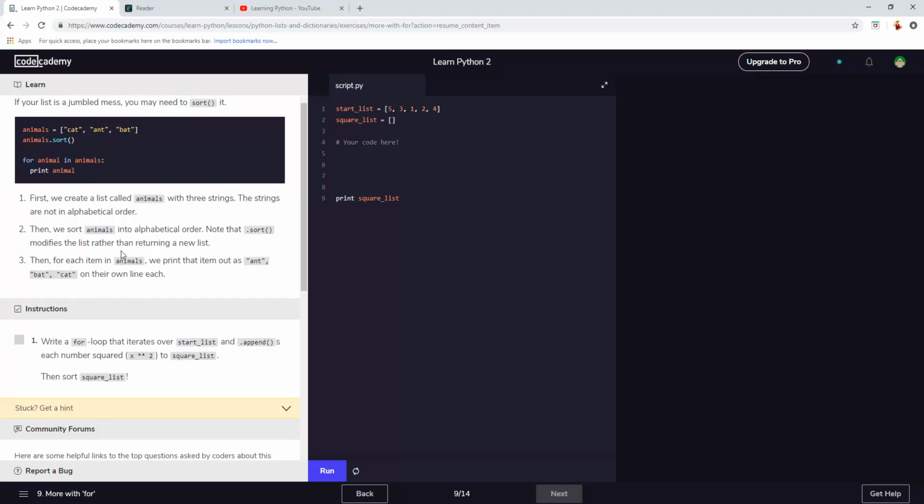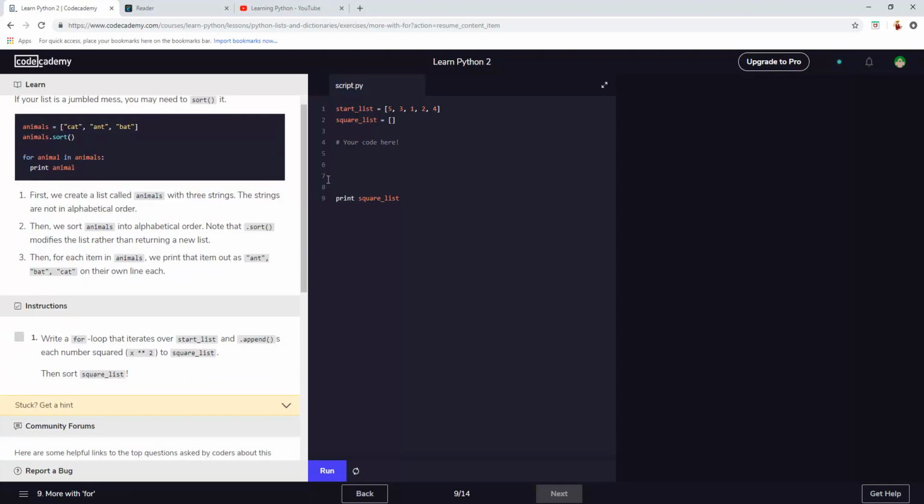Write a for loop that iterates over start. So what are we doing? So we're doing start underscore list